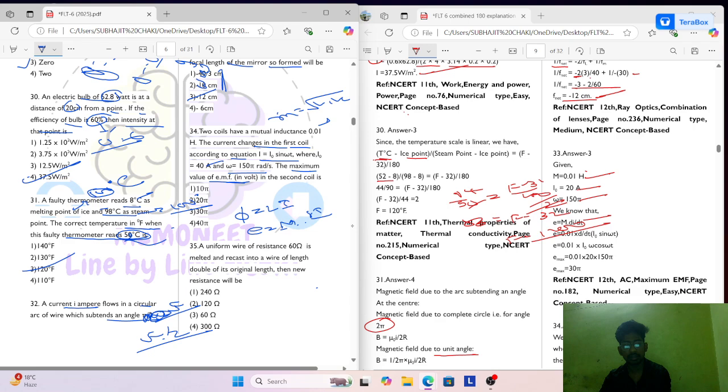Mean free path: this is the number density, this is the diameter of the gas molecule. Lambda is equal to 1 by root